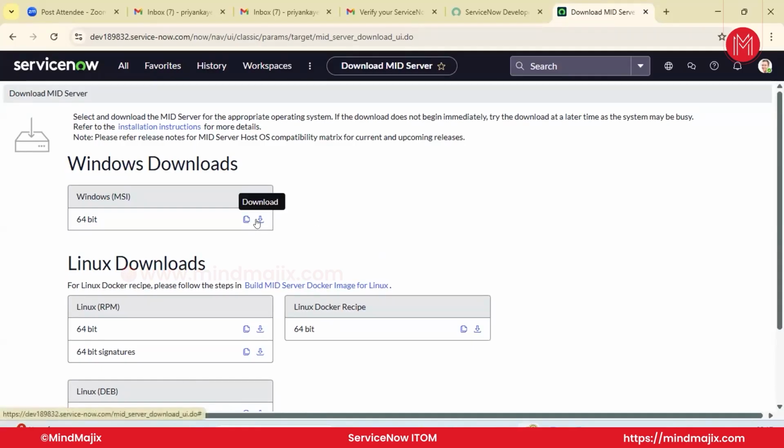Should I download it? You don't need to download it here, because you are installing the MID server in the AWS environment. Can you log into your AWS environment? Okay, before that,